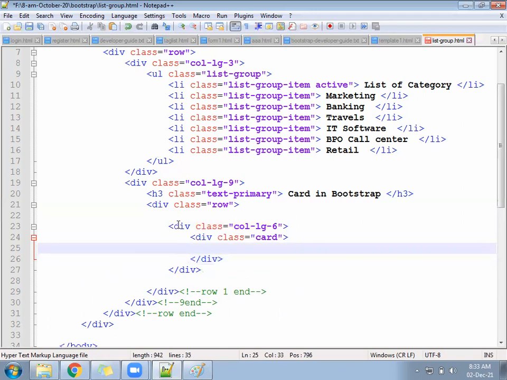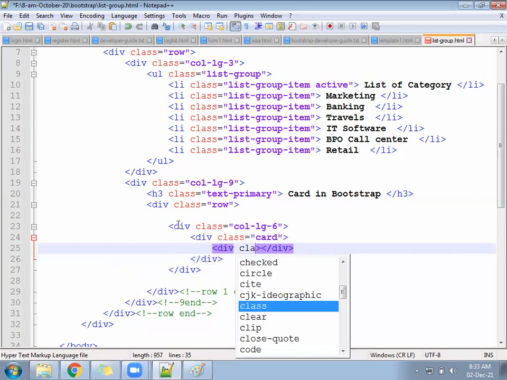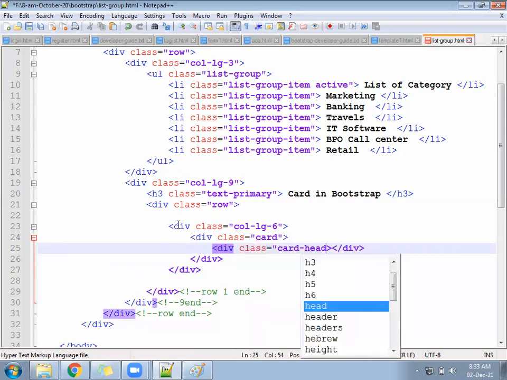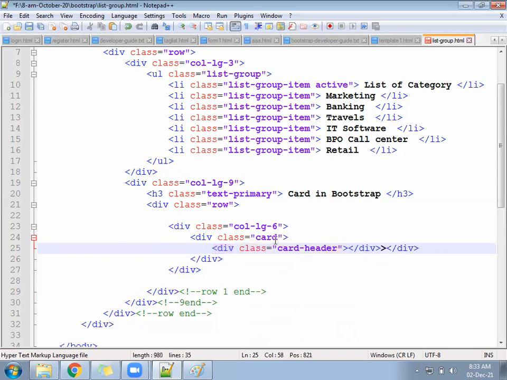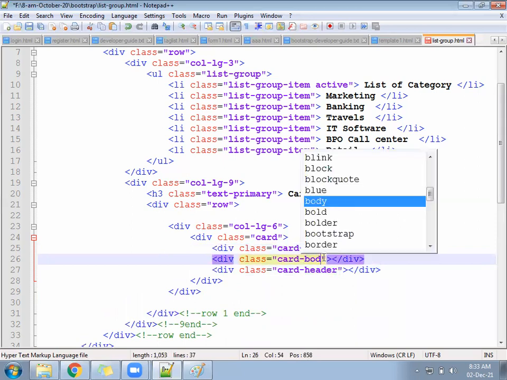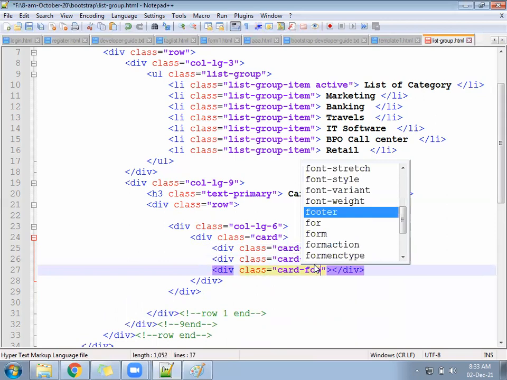Under the card you will follow the 3 divisions: card header, card body, card footer.